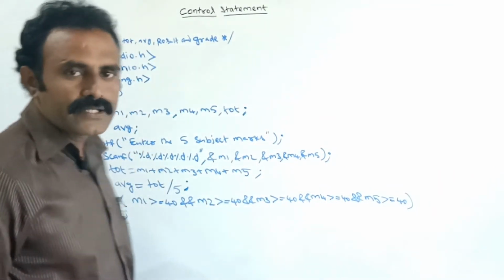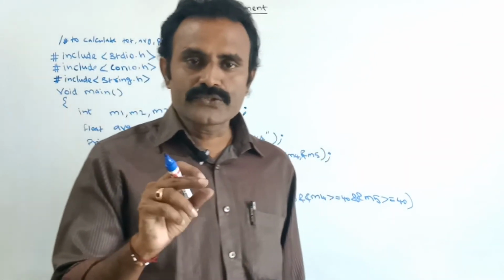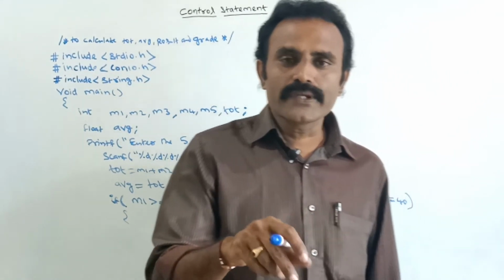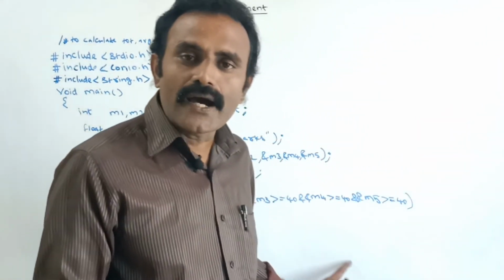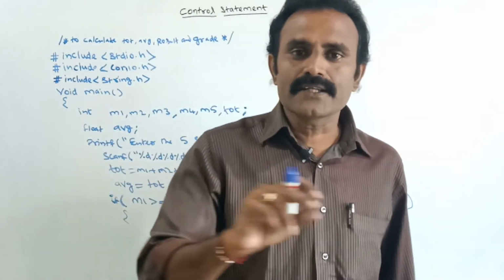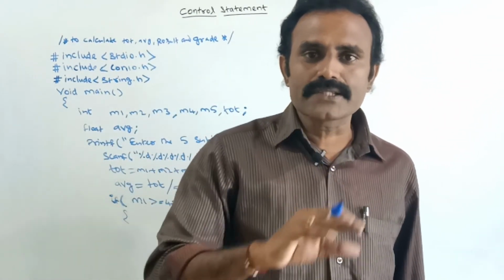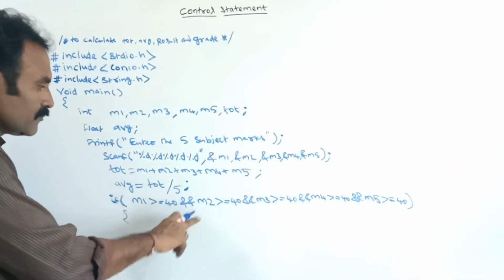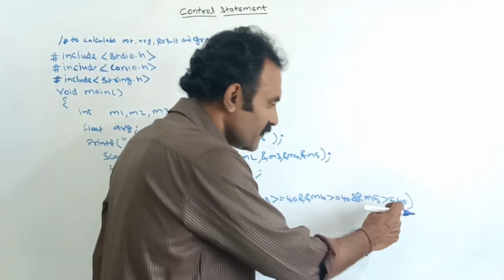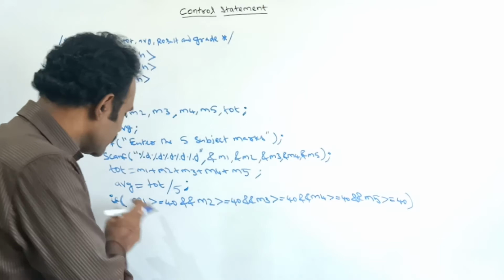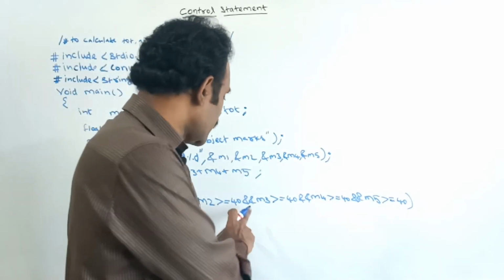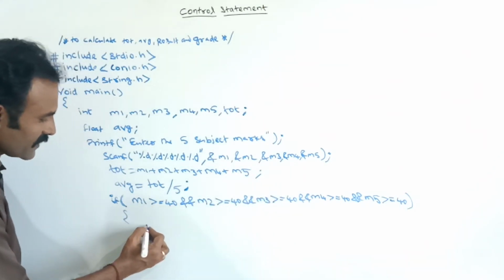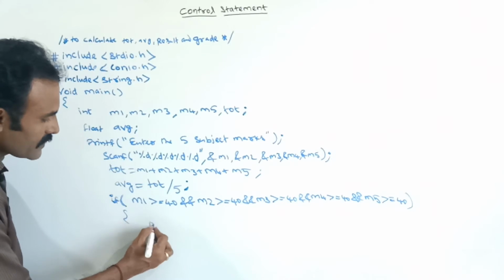Here I am using the AND operator. Why am I using the AND operator? See, every condition should be true, then only the result will be satisfied. That result will be true in the AND condition. Here I should use only the AND operator, because for every condition, that is every subject mark should compulsorily be greater than 40. So M1 should be greater than 40 and M2, M3. If any one condition fails in this AND operator, then it will go to the else part. So if every subject mark is greater than or equal to 40, then here I am storing the result.